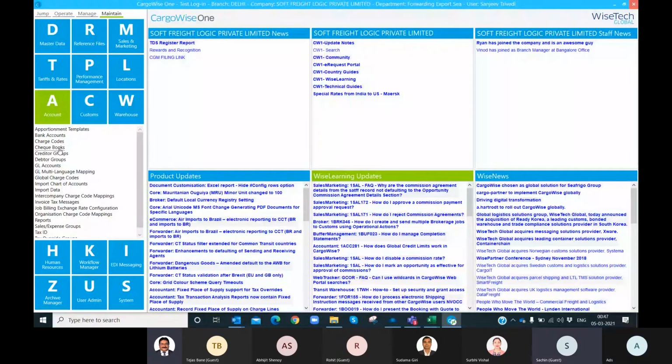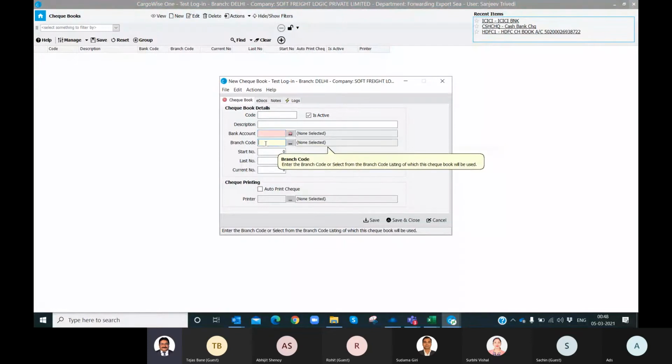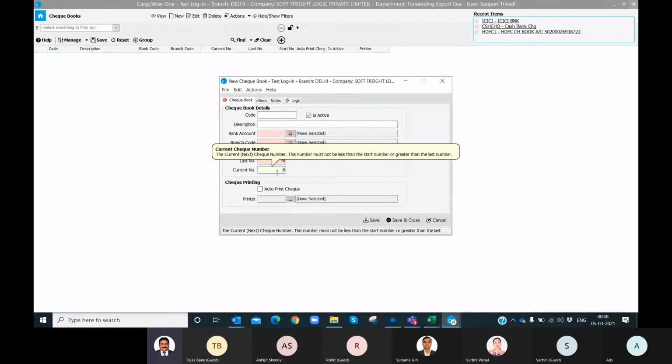Yeah, we do. If you do, then a checkbook has to be created in the system. If you click on checkbook, go to new, and here we can create a checkbook and link to a certain bank account, branch code, check leaf starting and last. We have to map like this, and current number. Suppose you went live, and at the time of going live, the checkbook leaf number was 10. Then current number we will put 10 here and proceed further.